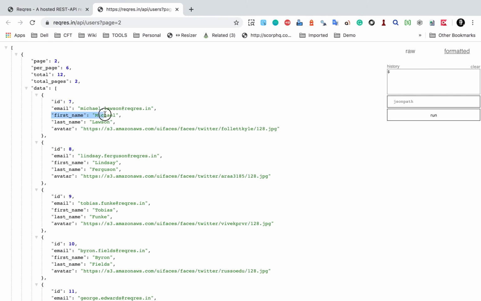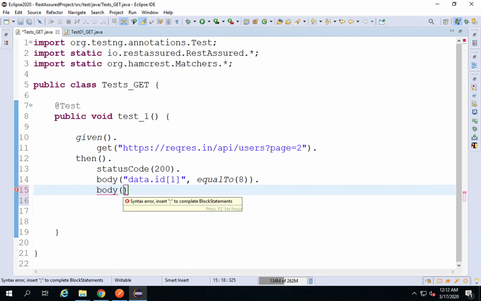So we have first name here and here, so we have multiple first names. Let us say I want to check the values, so I can say body, and I will give the JSON path, that is data.first_name,